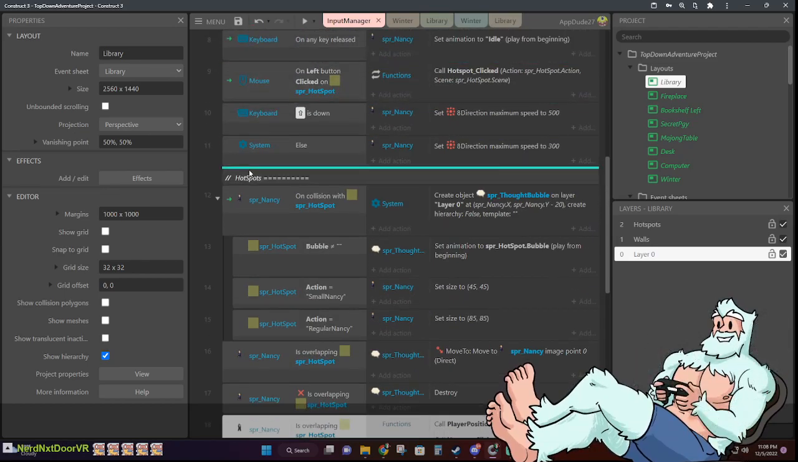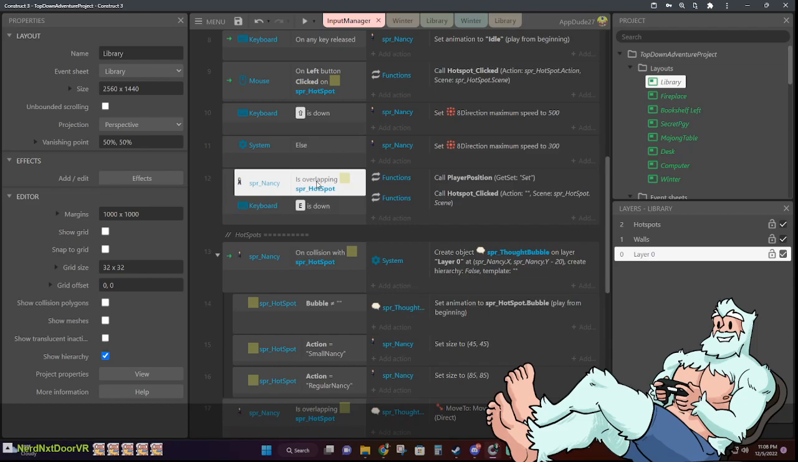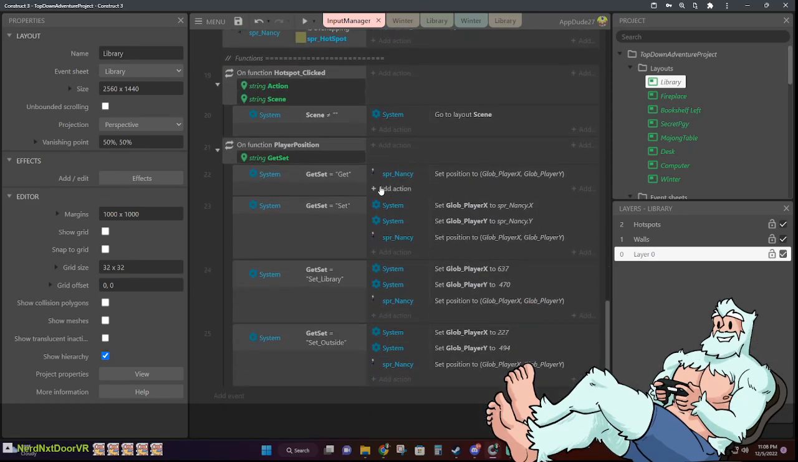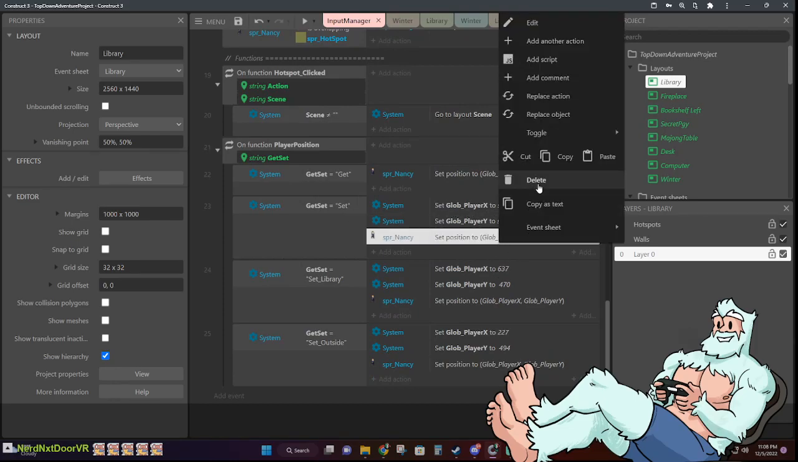Let me move this over to the controls. So if we're overlapping a hotspot and then the E button is down, we're going to set the player position, which is right here. So we're setting